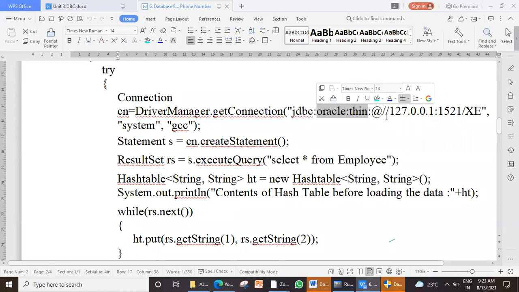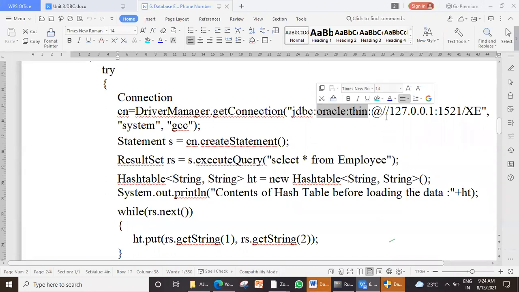When you search on the net for the Oracle JDBC connectivity jar file, you will get it. They will give you different versions also based on the edition of Oracle you're using. Clear? So you have to download exactly the right jar file, and I have made a separate video on how to download it and how to attach it to NetBeans.